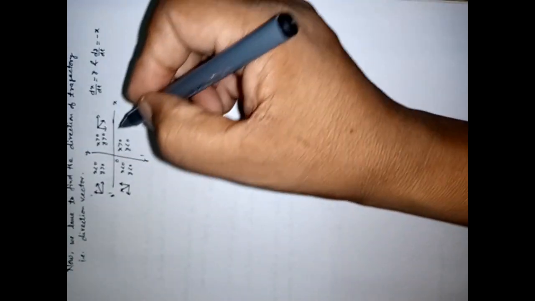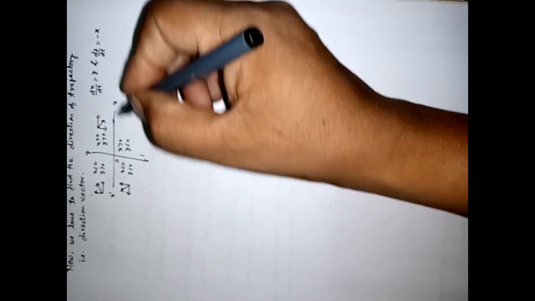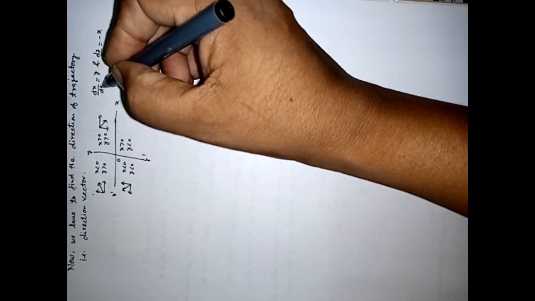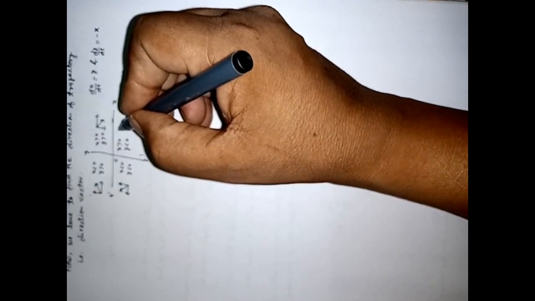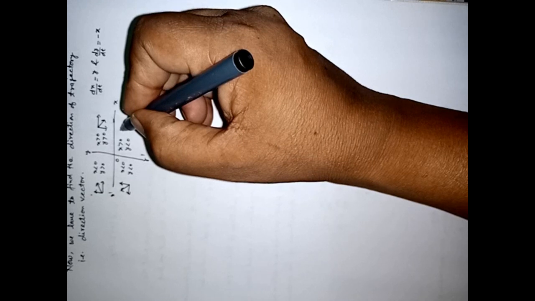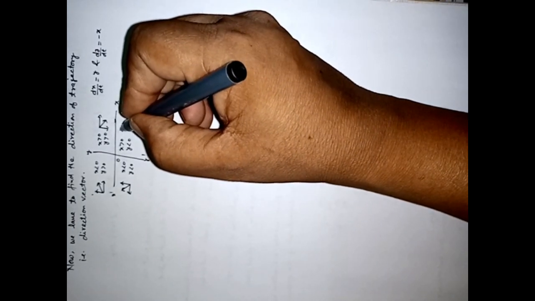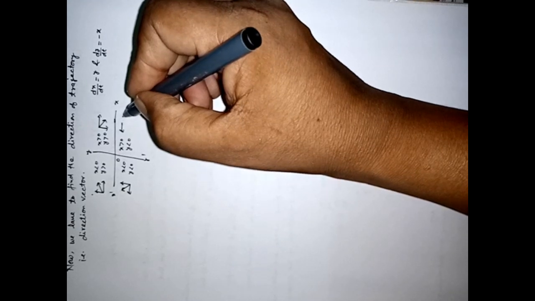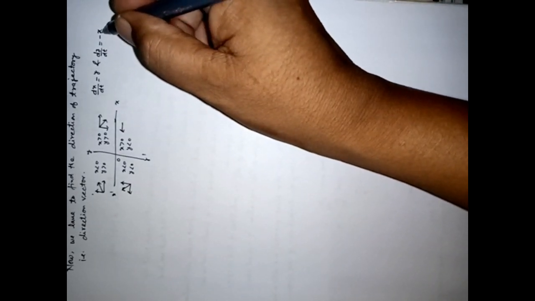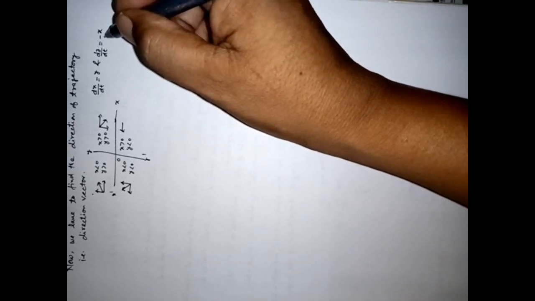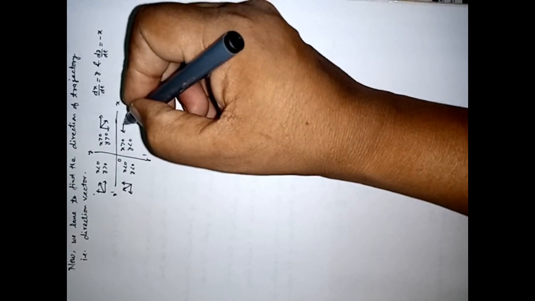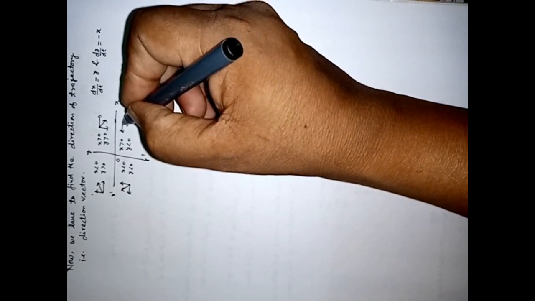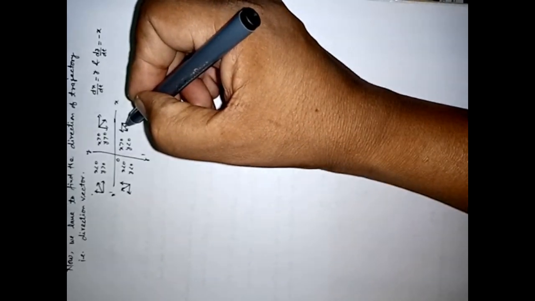Similarly, in the fourth quadrant, y is less than 0, so dx by dt is less than 0, that is, the direction of x is this. From dy by dt equal to minus x, x is greater than 0, so dy by dt is negative, so the direction of y is like this, so we get the resulting direction is this.